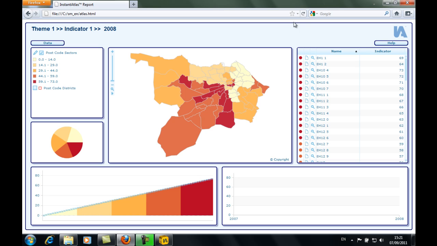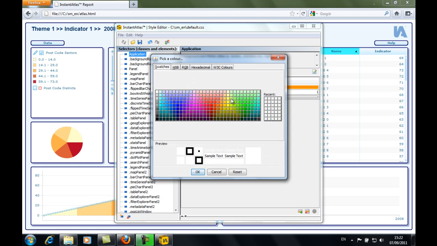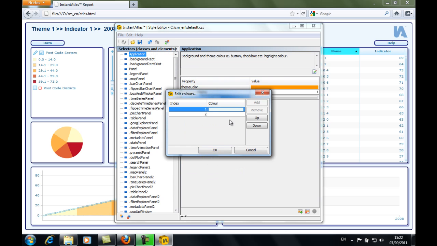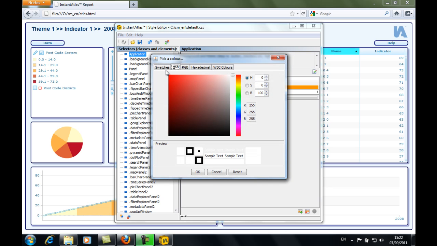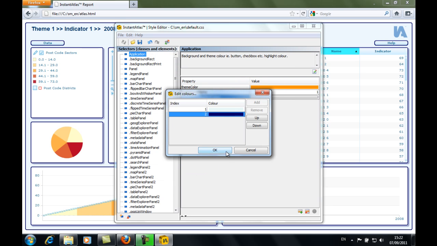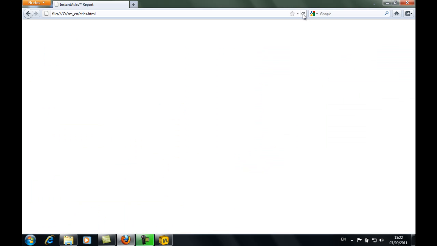As a second step, I would like to generate a gradient in the report background. I can define a gradient in the style class application under the property background gradient colors. I will choose a very light blue as my first color and the dark blue as my second color. If I save these changes now and refresh my report,